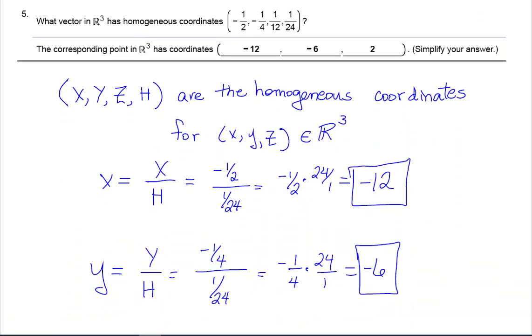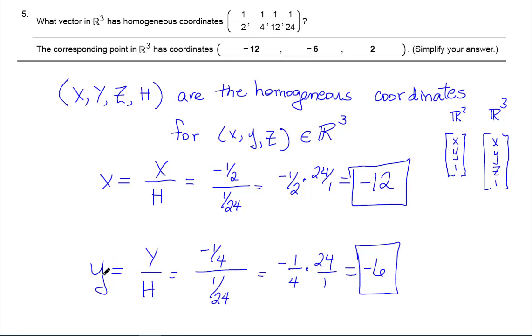In question 5, if you look at homogeneous coordinates in R2, we saw that it looked like x, y, and 1 in homogeneous coordinates. For R3, extending this, it looks like x, y, z, and a 1. All right, so if I have a point in R3, and these are the homogeneous coordinates,